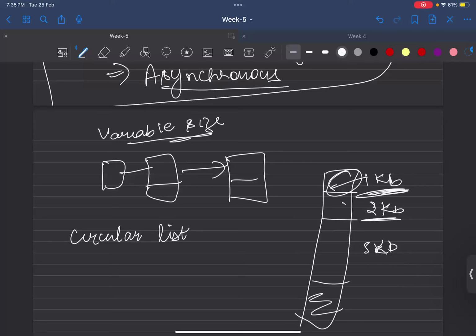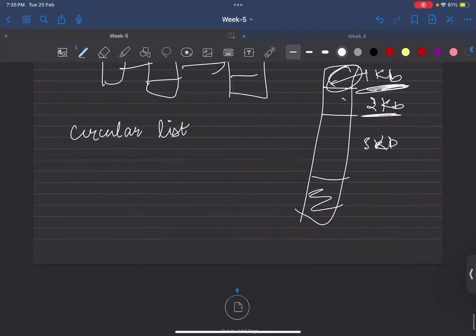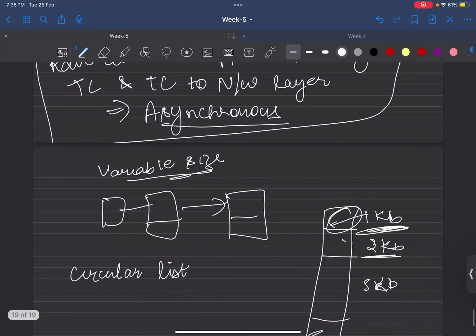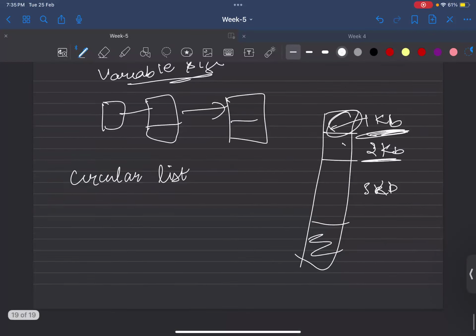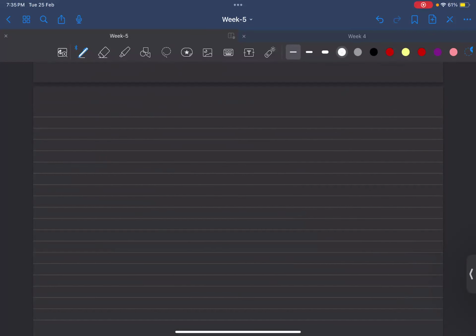Now, as you also talked about, we can also minimize the difference of the rates. Let's see that concept also. So this was only the buffer thing, like we are basically having a buffer that stores the packets before they are sent further, so that there shouldn't be packet drop. Now the other thing is,